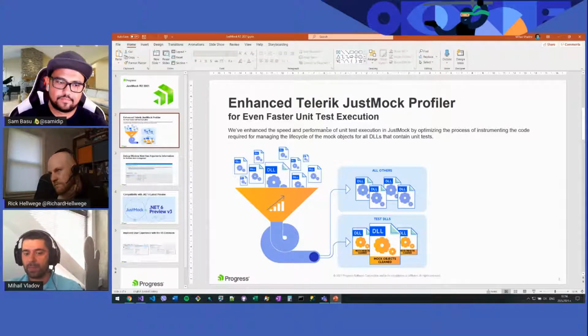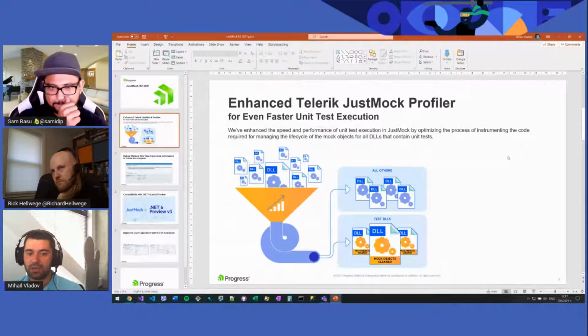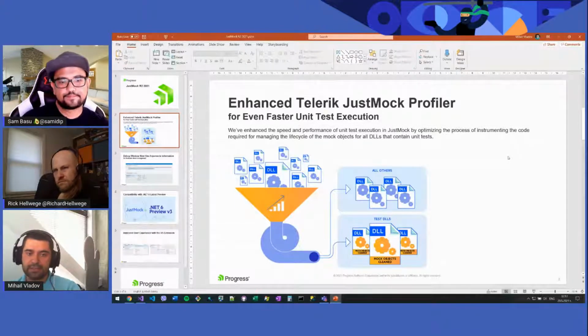The optimization is in the process of filtering all of the DLLs that actually contain unit tests from all others, and we improve the way we insert the code for all of the unit test DLLs. With that, we achieved on average about a 7% increase in performance.